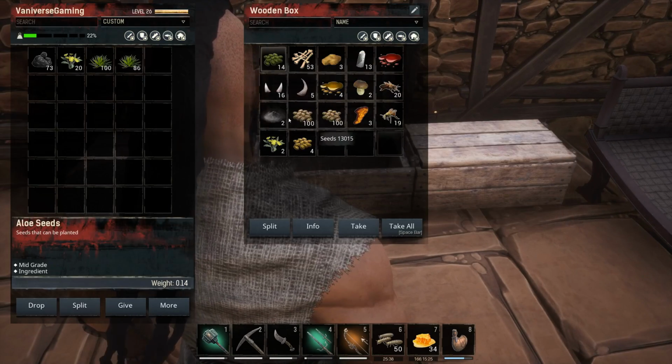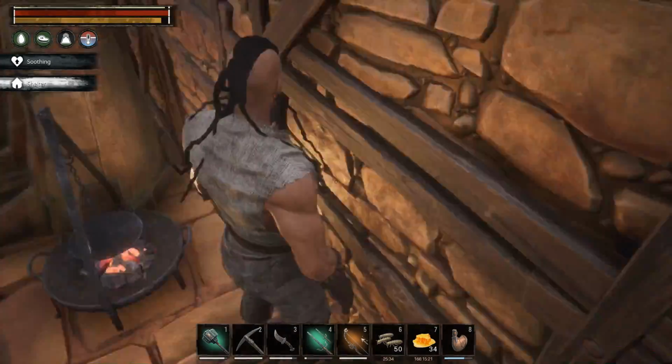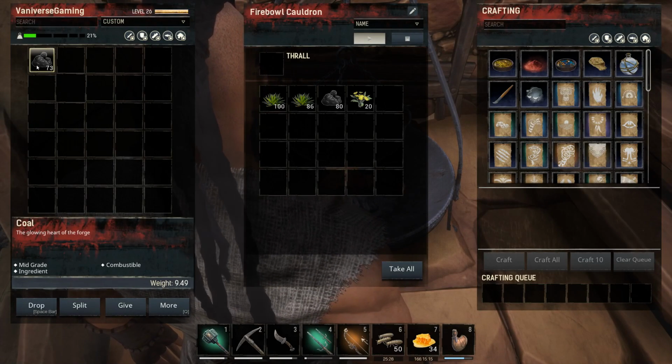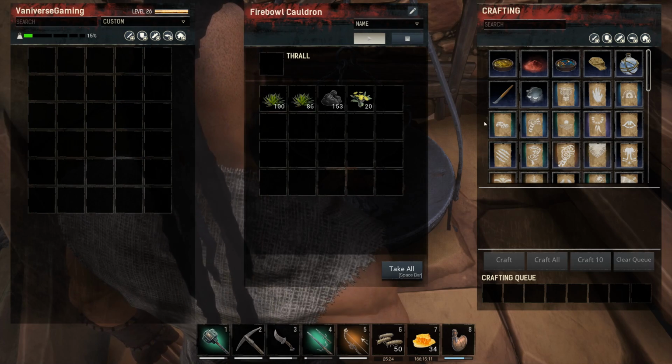While we're at it, we might as well throw in some aloe. Get some aloe potions going. Get some heal potions. Eventually, we've got to start getting thralls too, but I think I'll do that once I get to my other base later down the road. All right, so